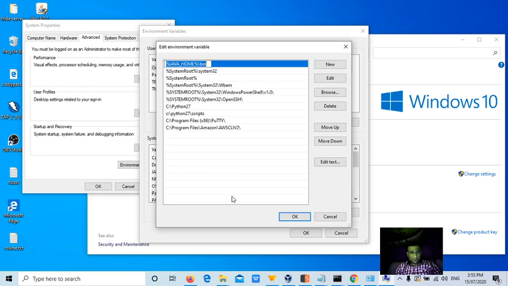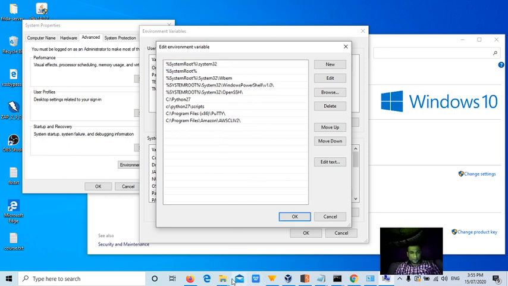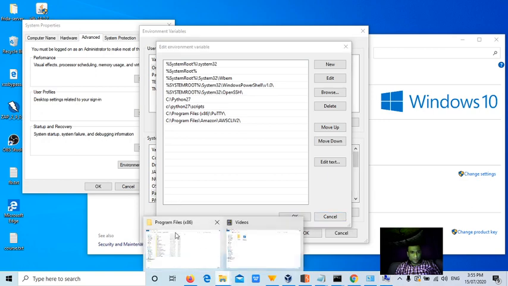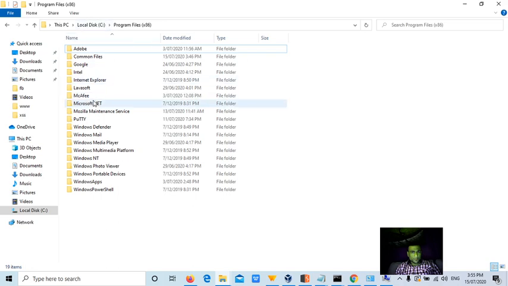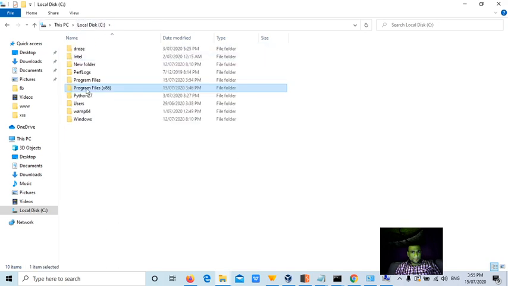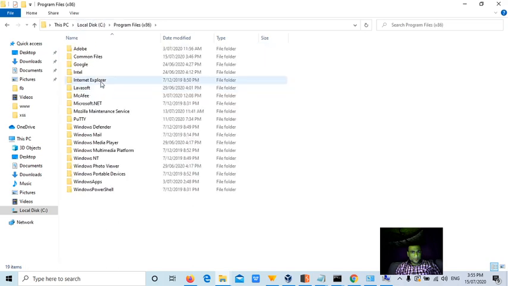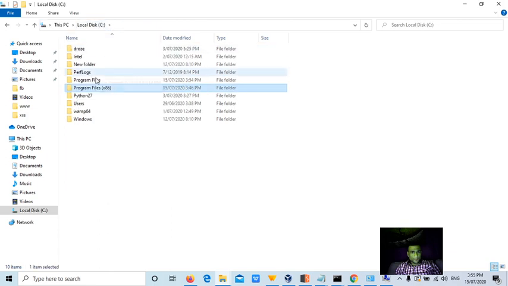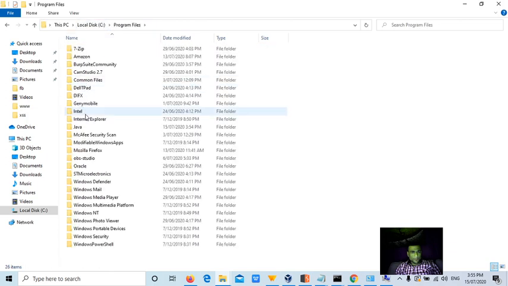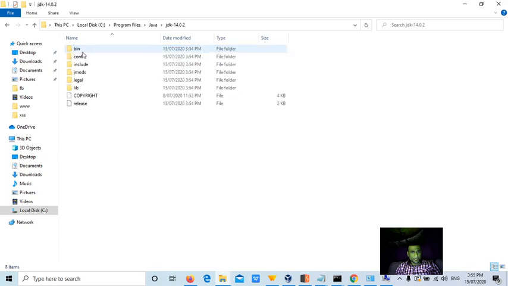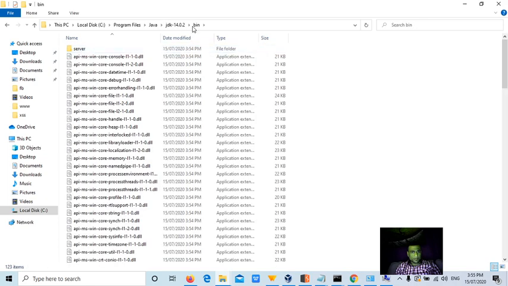This is some old path I have given, I believe. Let me remove this. And I'll go to C drive, Java JDK bin.